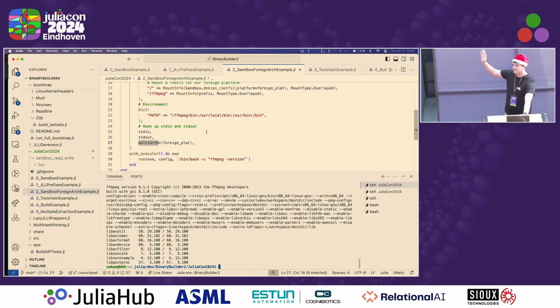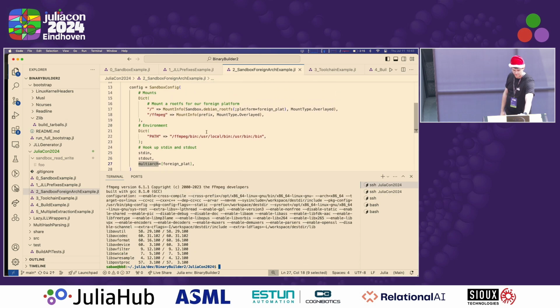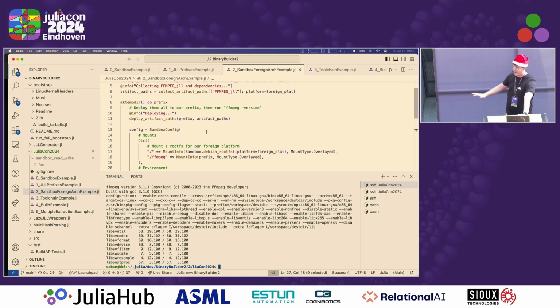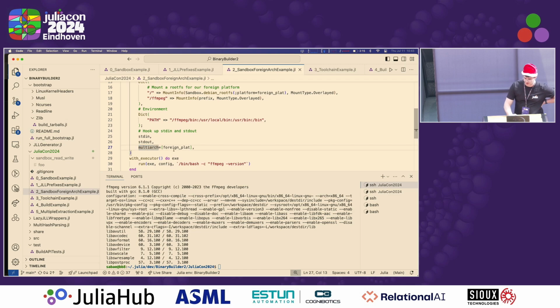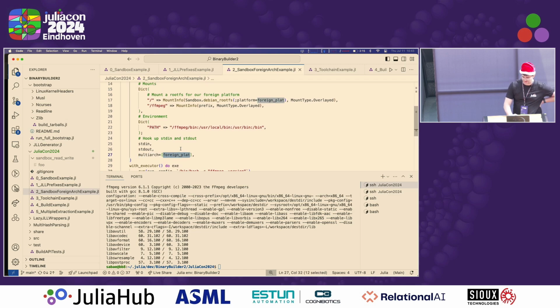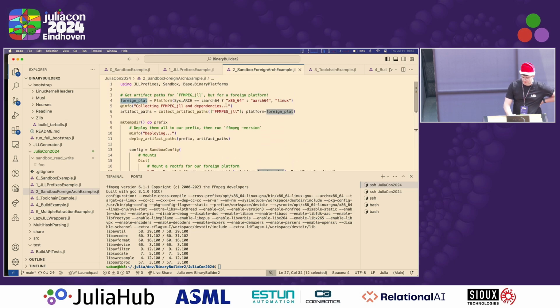And these examples are live on the BinaryBuilder 2 repository if you want to peruse them in greater detail. I know I'm going super fast through them. I'm mostly showing you that this stuff exists rather than going line by line in the code. And here, yes, when you ran version, it says, nope, I was built on an x86-64 machine. So very transparent, very easy to use, as long as you know the magic incantation, which is that extra little bit here saying, hey, I'm multi-arch, and the platform that I want to add is this foreign platform, where I choose the architecture that does not match the one I'm on.